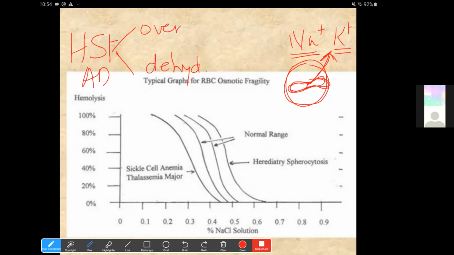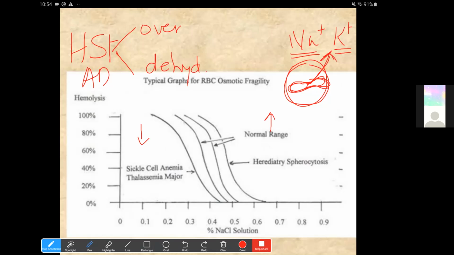So, I mentioned that the dehydrated one had the decreased osmotic fragility, and the overhydrated one had the increased osmotic fragility. This book, with reference in the explanation, has mentioned different names for these diseases. The overhydrated stomatocytosis has an MCHC which is low, and in the dehydrated stomatocytosis there is an increased